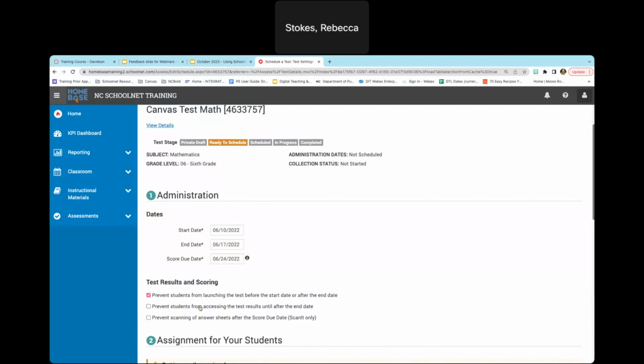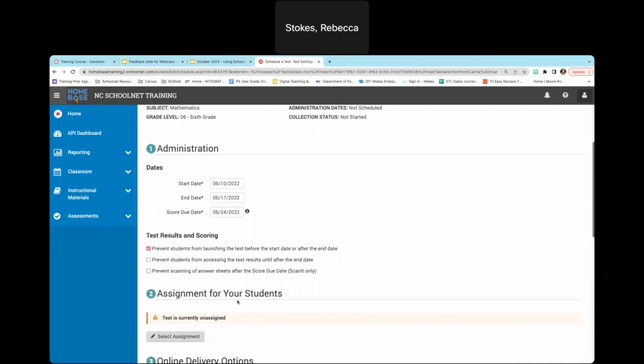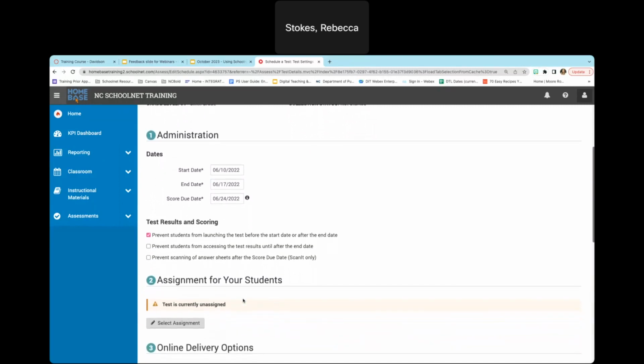You can still choose if you want students to access these results, if you don't want them to see the results until after the end date. And we're not going to worry about the answer sheets. Another important step that